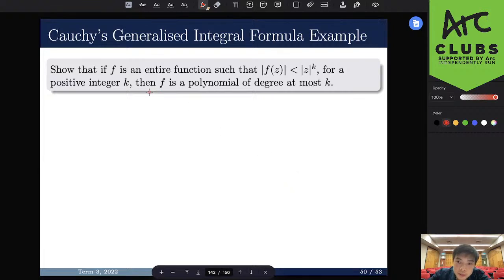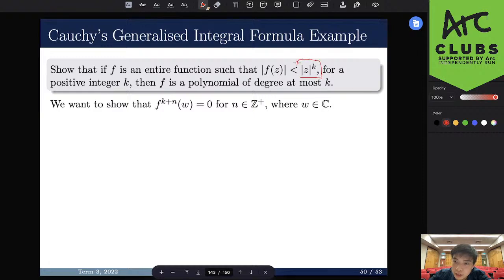So if we have an entire function f, and we know that the modulus of f of z is less than the modulus of z to the power of k for some positive integer k, then we have to show that f is a polynomial of degree at most k. So the trickiest part about this is probably just figuring out what exactly we do from here, but if you see an inequality, it is actually quite a common trick to notice that this is a linear term to the power of k, and so if we divide both sides by this value, we should get a